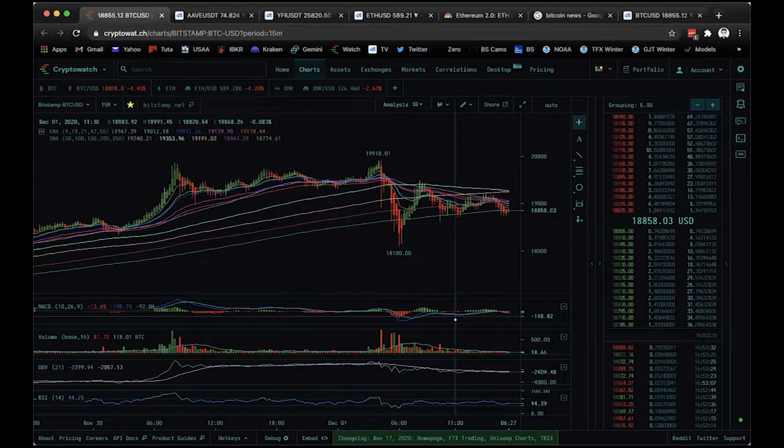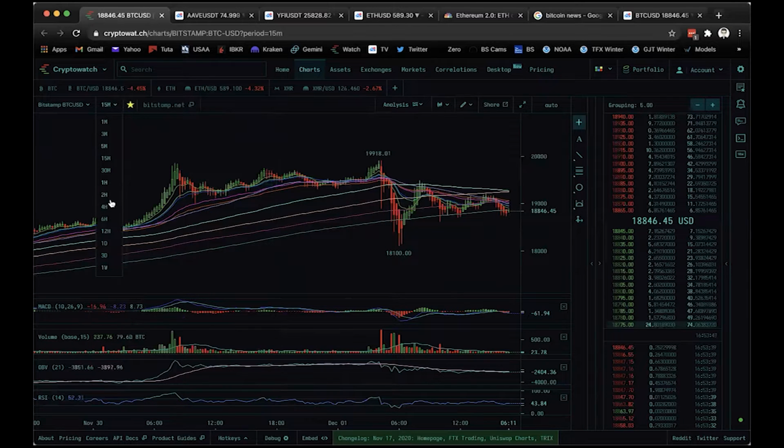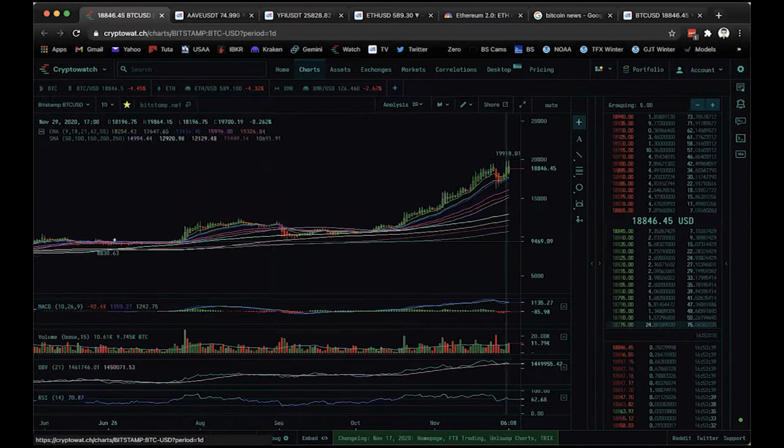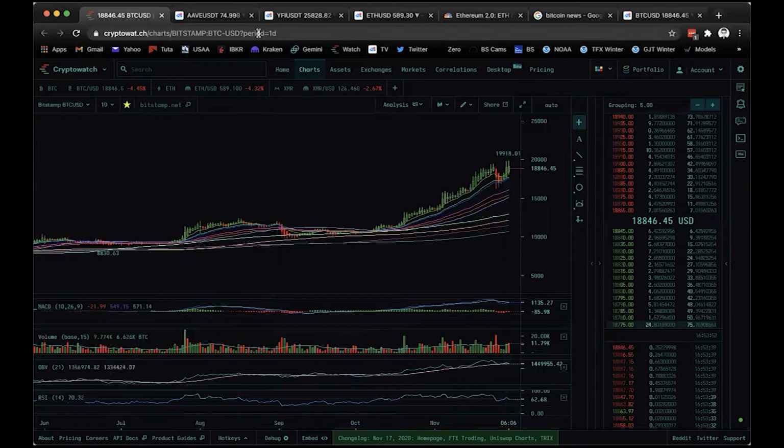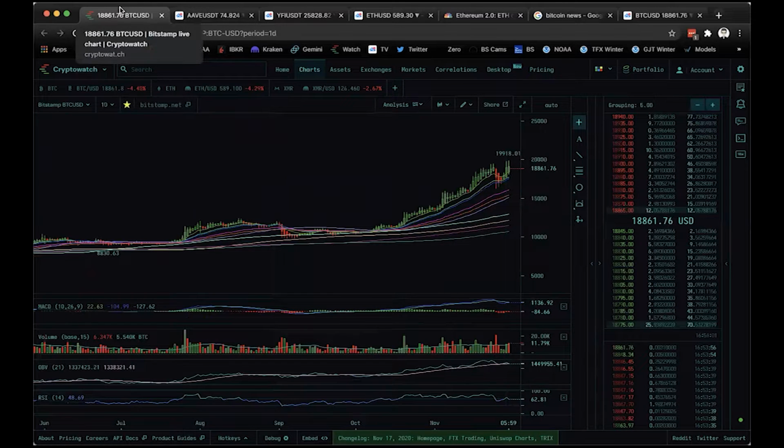And so then I have MACD, a volume reading, OBV, which is a kind of adjusted volume reading, and then just a classic standard RSI. And then these are all different exponential and simple moving averages. So anyway, this is just a great site to watch price. And the more I look at it, this just looks like a bullish consolidation before we see higher prices, but we'll see. We'll get into that here in a little bit.